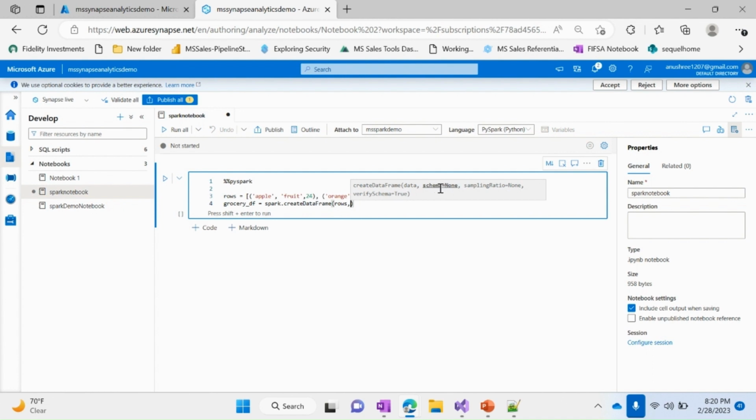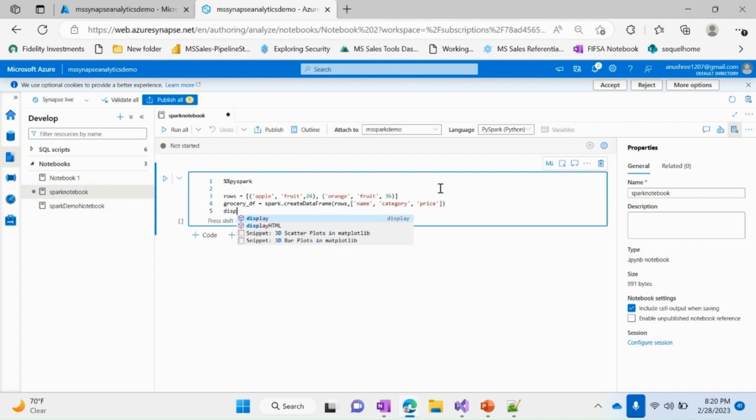So you can see schema also you can put. Schema is a header, so you can put header names into this. I'll put name, category, price. So this is how we create a data frame,